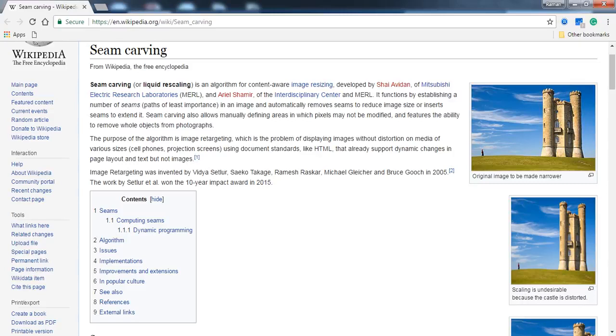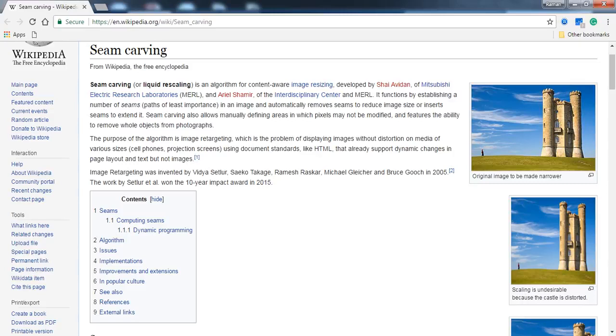It functions by establishing a number of seams. Seams are basically paths of least importance in an image, and it automatically removes seams to reduce image size or inserts seams to extend it.